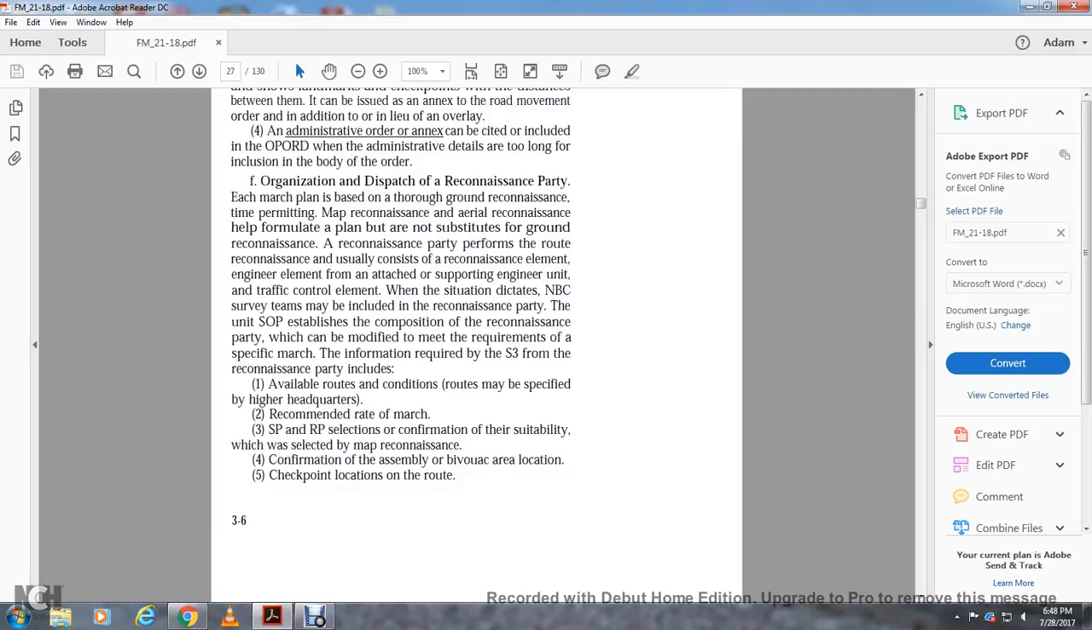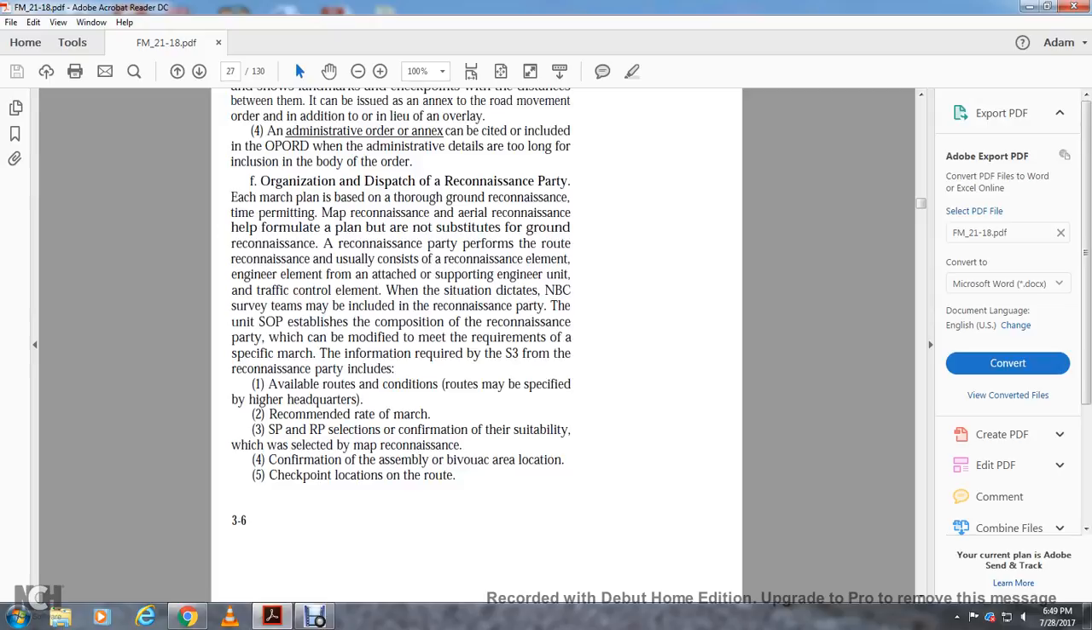The situation dictates that NBC survey teams may be included, but the composition of the reconnaissance party is established by the unit standard operating procedure, which is modified to meet the requirements for the specific march. Information required by the S3 from the reconnaissance party includes the available routes and conditions. Routes may be specified by a higher headquarters, with a recommended rate of march. Standard procedure for RP, SP and RP selection